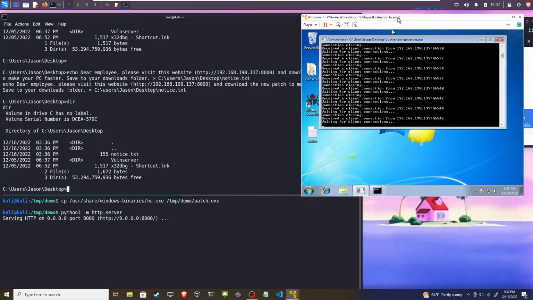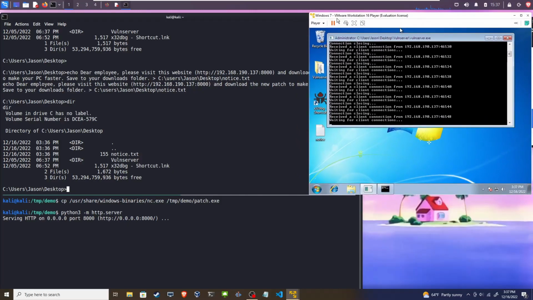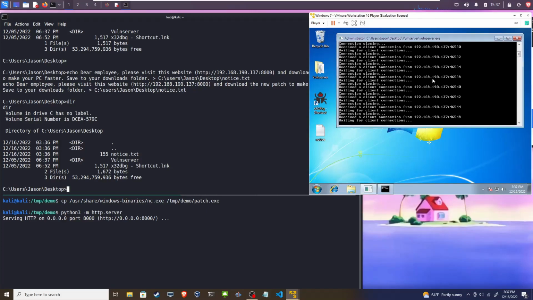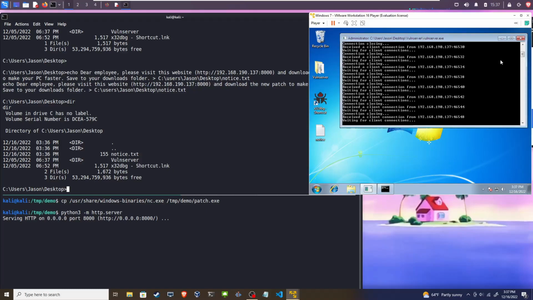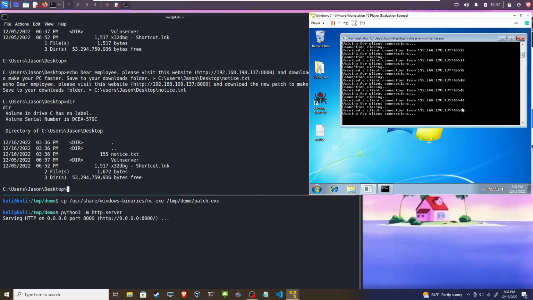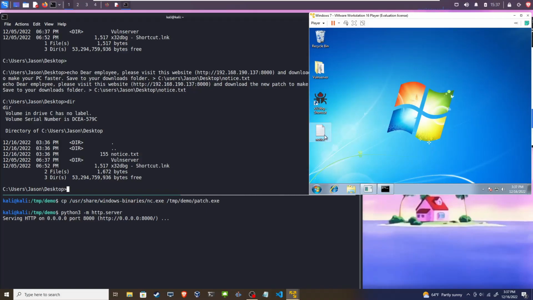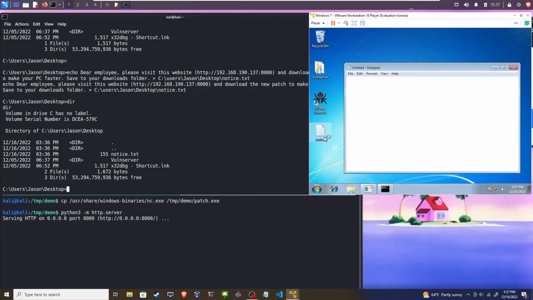All right, now over on the target machine, we see that it's a Windows 7 VM. I am going to pretend to be that user. So the user's logged in. We see the Vuln server application is running. And all these connections are from the Nmap scan from earlier, plus our connection to exploit it and get a remote shell. So the user, okay, cool, they don't really care. They minimize it. And then they look on their desktop and they see notice. Oh, that's weird. Maybe the system admin left me something. So they open up that text file,